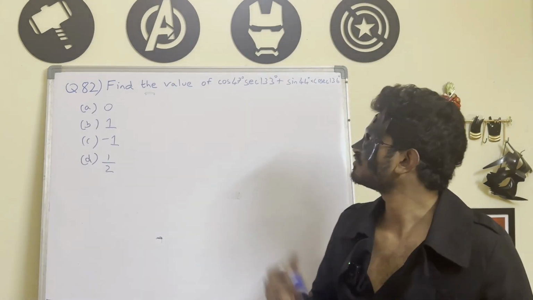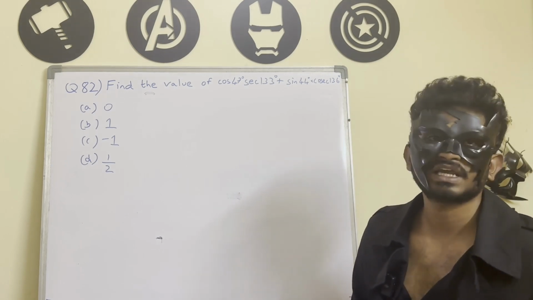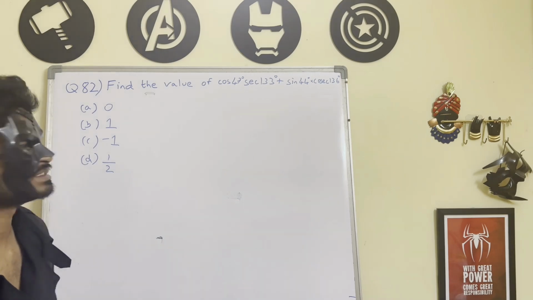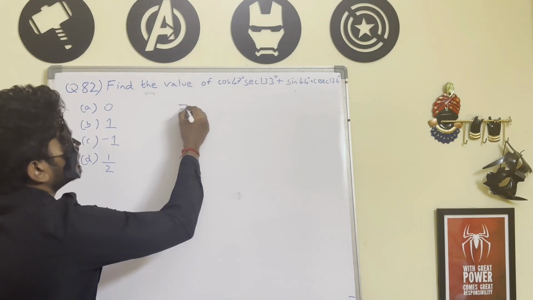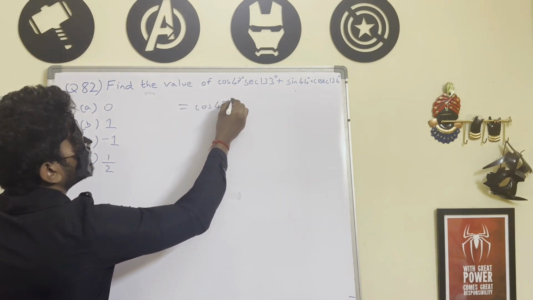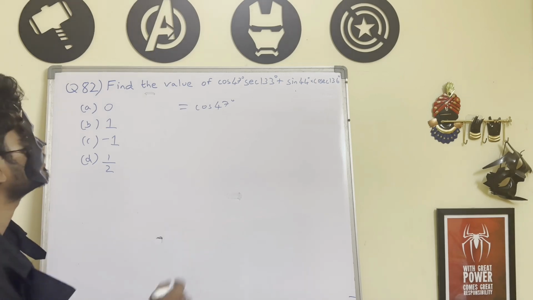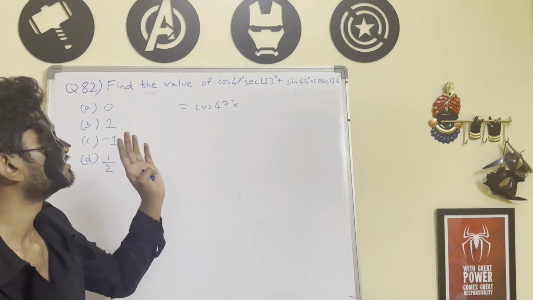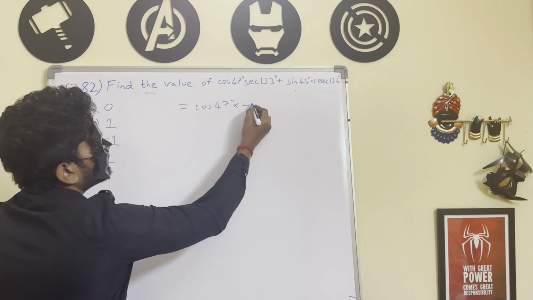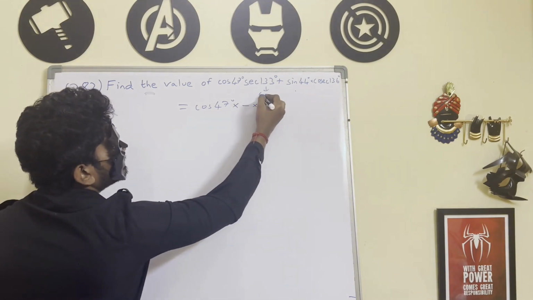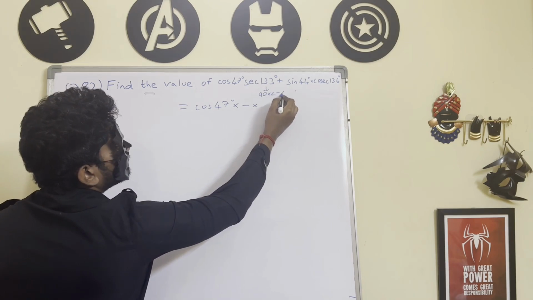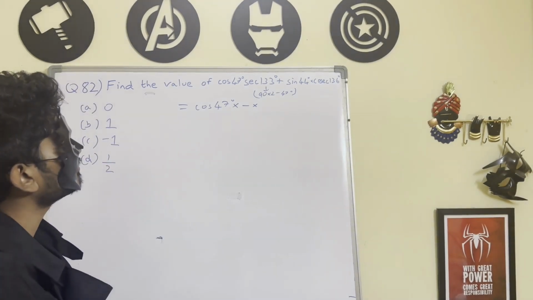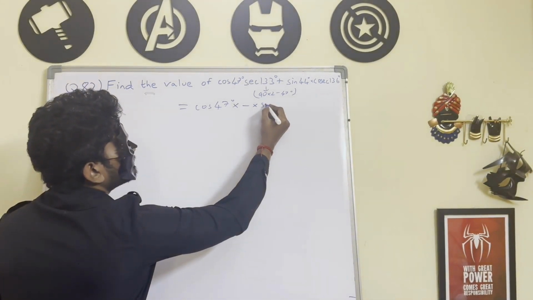So superhumans, next question is find the value of cos 47 degrees into secant 133 degrees plus sin 44 degrees into cosecant 136 degrees. So here to solve this, what we will do is cos 47. I already taught you the conversions, friends. You can check my previous videos. So secant 133 will lie in second quadrant, and in second quadrant secant will be negative. So we will put a negative sign here into, this is nothing but I can write it as 90 into 2, 180 minus 47 degrees, right? So this will be nothing but secant of 180 minus 47, which will be secant 47